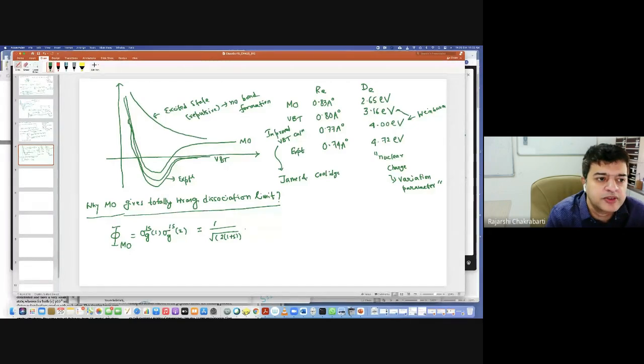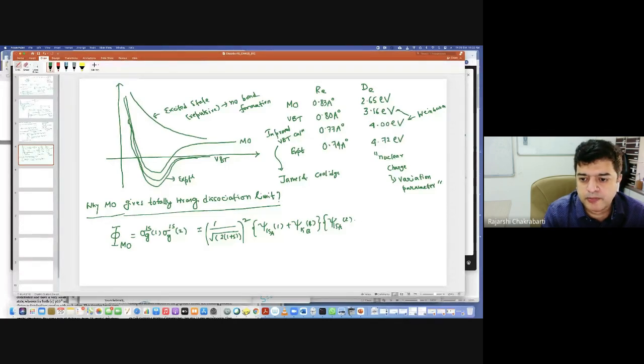Square of it, because you are taking a product, and then you have psi 1s A. Because this is for electron 1, this is for electron 2, 1 and 2. So this will give me,